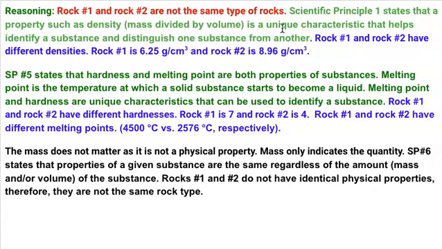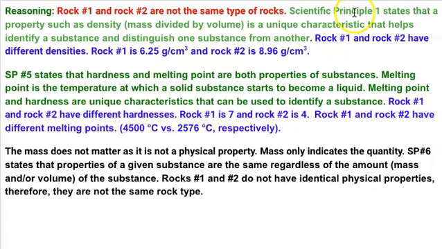And you do that by saying scientific principle 1 states that a property such as density, which is mass divided by volume, is a unique characteristic that helps identify a substance and distinguish one substance from another. You don't just read off, oh, hey, density is a unique characteristic, but you say scientific principle number 1 states. Because that way you're taking me, the grader, the person who's determining your grade, and you're saying,